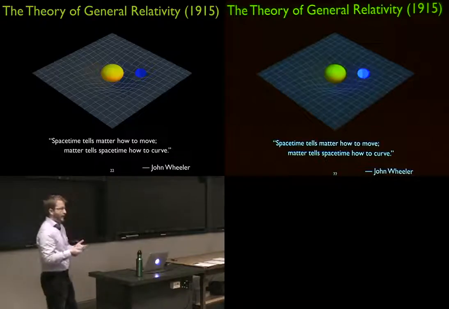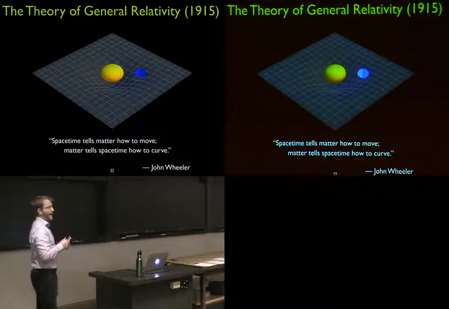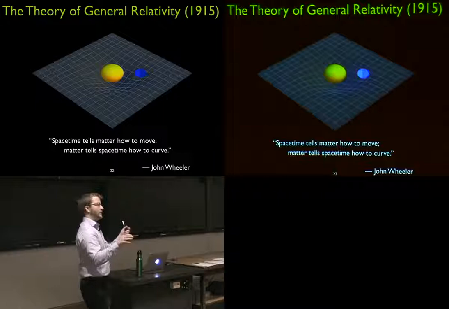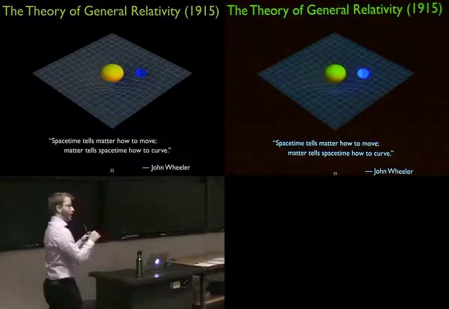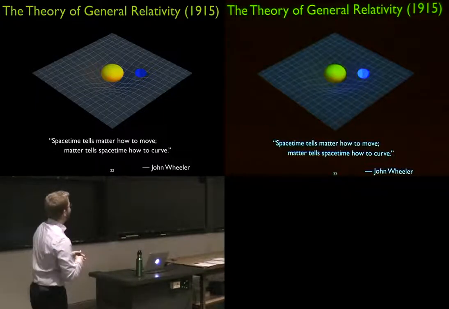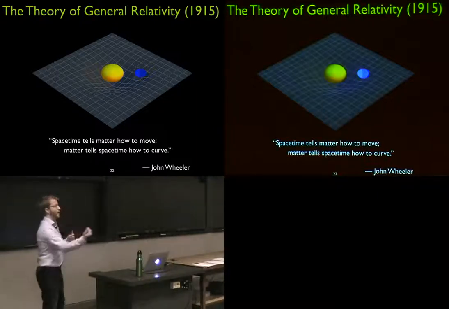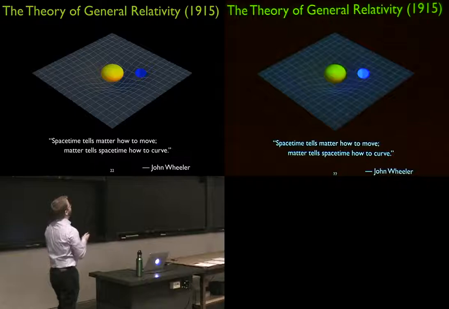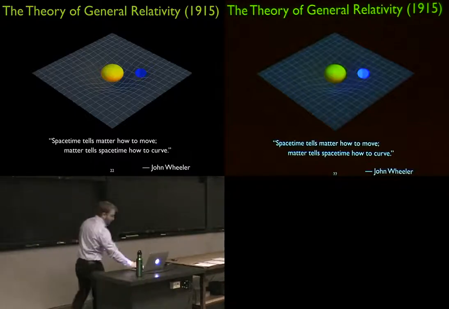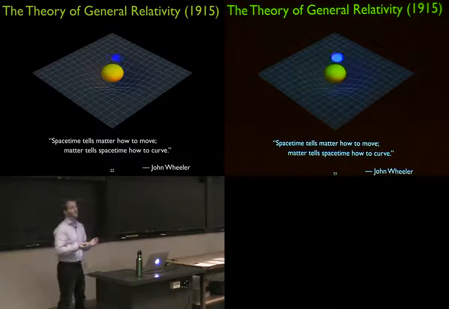And in the same way, the sun, this really massive object in the solar system, distorts the space-time around it. It causes this curvature that the Earth is then feeling. It's then moving around in this curved space, and it's the curvature of that space-time that's telling the Earth how to move. And that's how we can get orbits, as we see in our solar system.